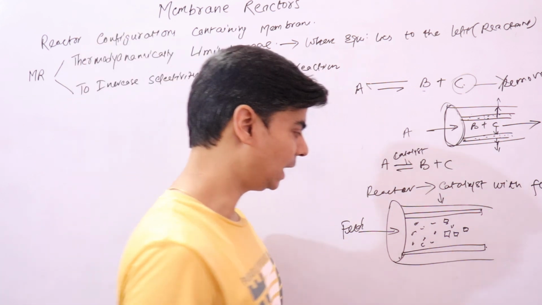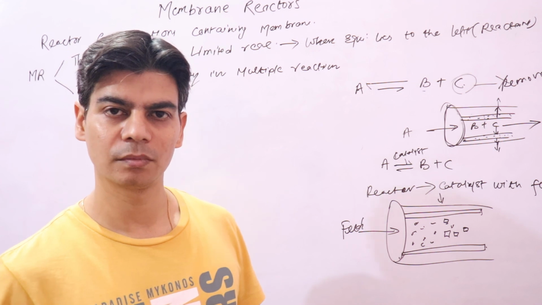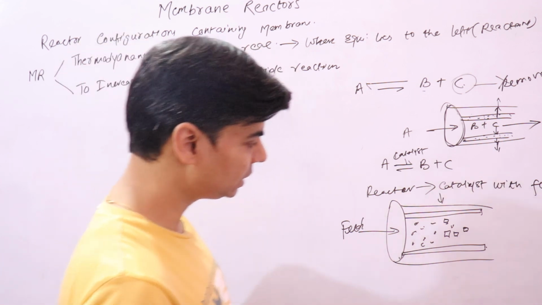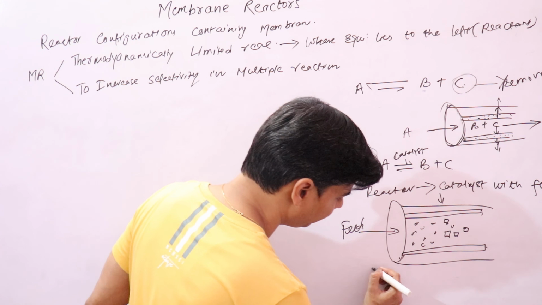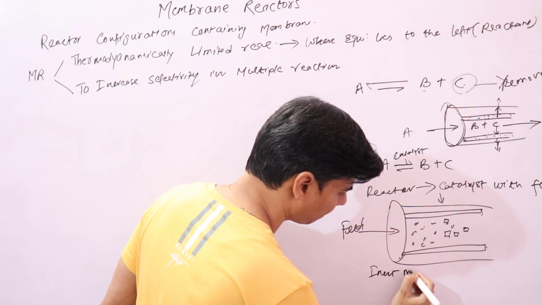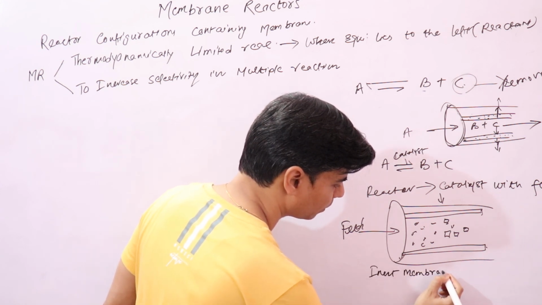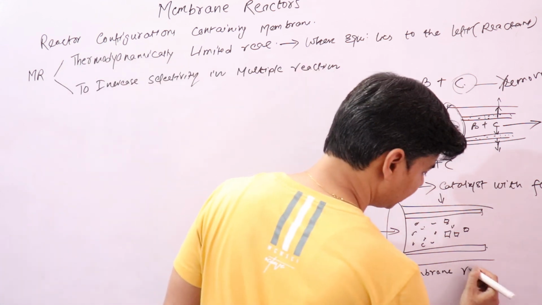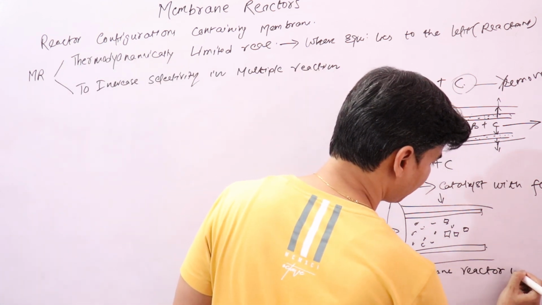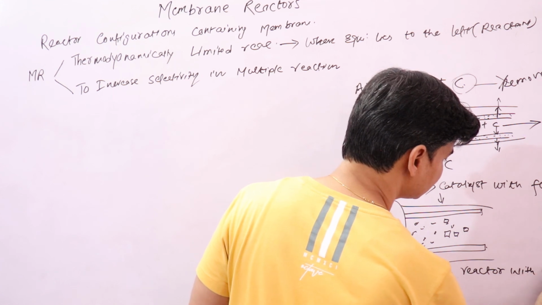So we say that catalyst is on the feed side, right? We give these types of reactors a name, we call it an inert membrane reactor